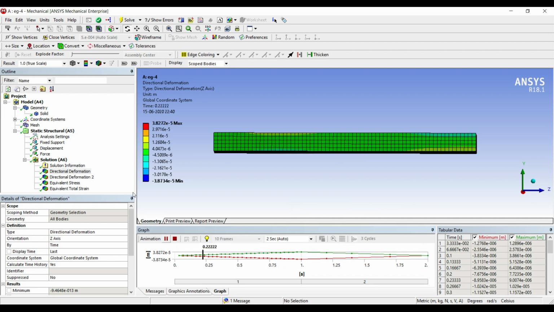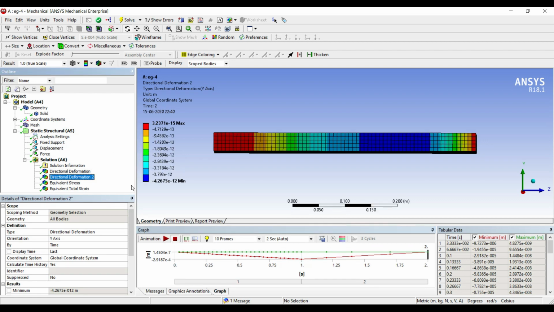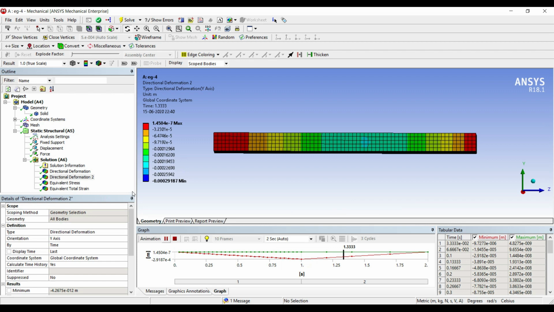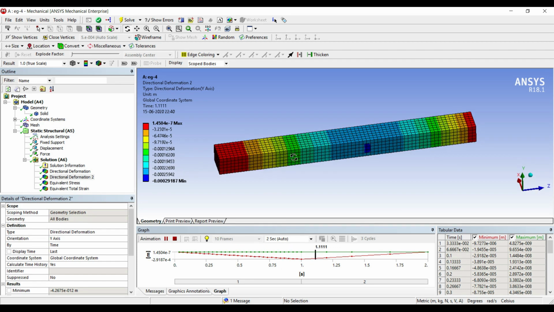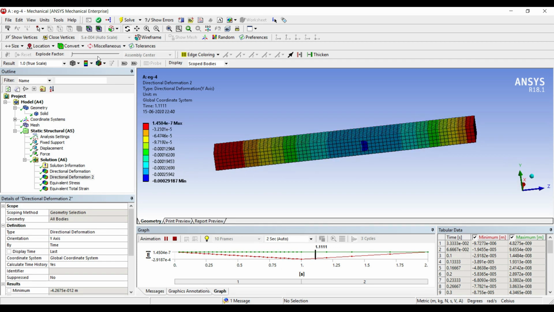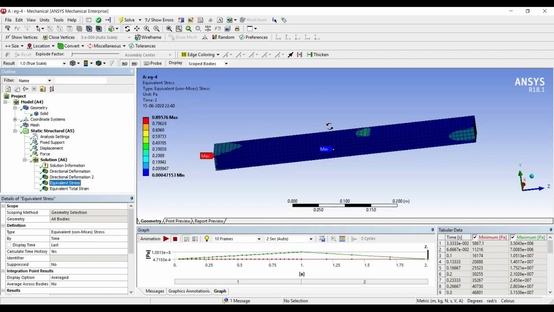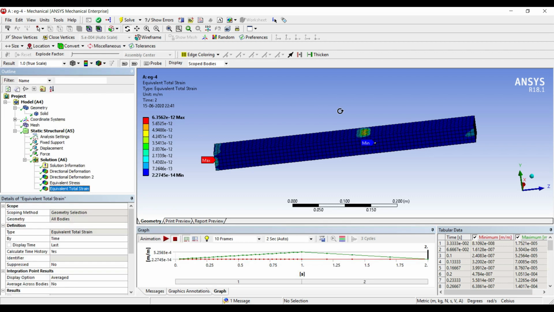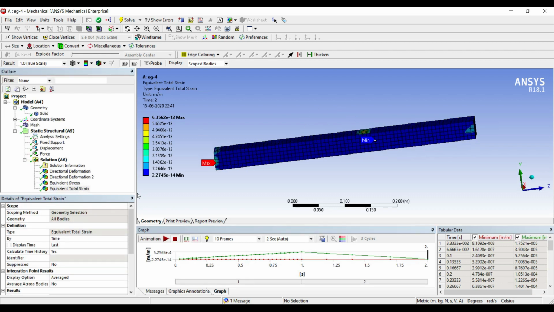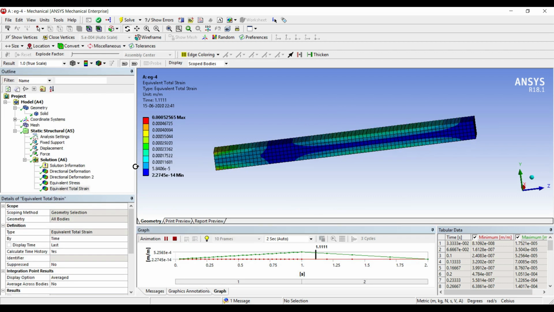This is the directional deformation along the z-axis. It's actually very minimal. This is the deformation along the y-axis. I'll click on max and min so I can see the maximum and minimum value. This is the equivalent stress over the body, and this is the equivalent strain.